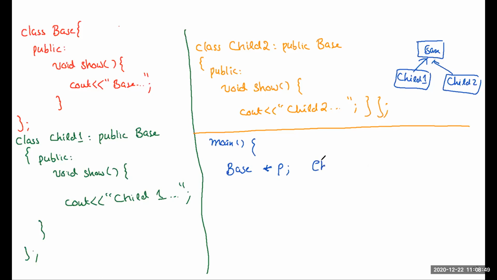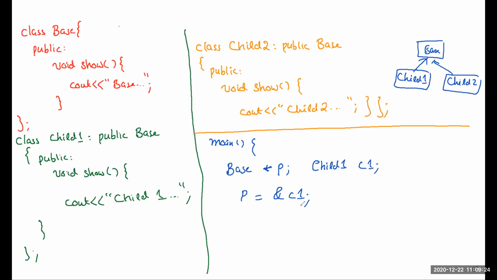So say child 1, we call it C1. And now this is the important part. What we'll do is this thing. Now you see, all the examples that I had given you were for this particular statement, that the pointer is of the base class, but the address that I am copying in it is of the child class. At first sight, you might think that this is not legal, right? This is not allowed. But just relate this with the examples that I had shown you, that every object